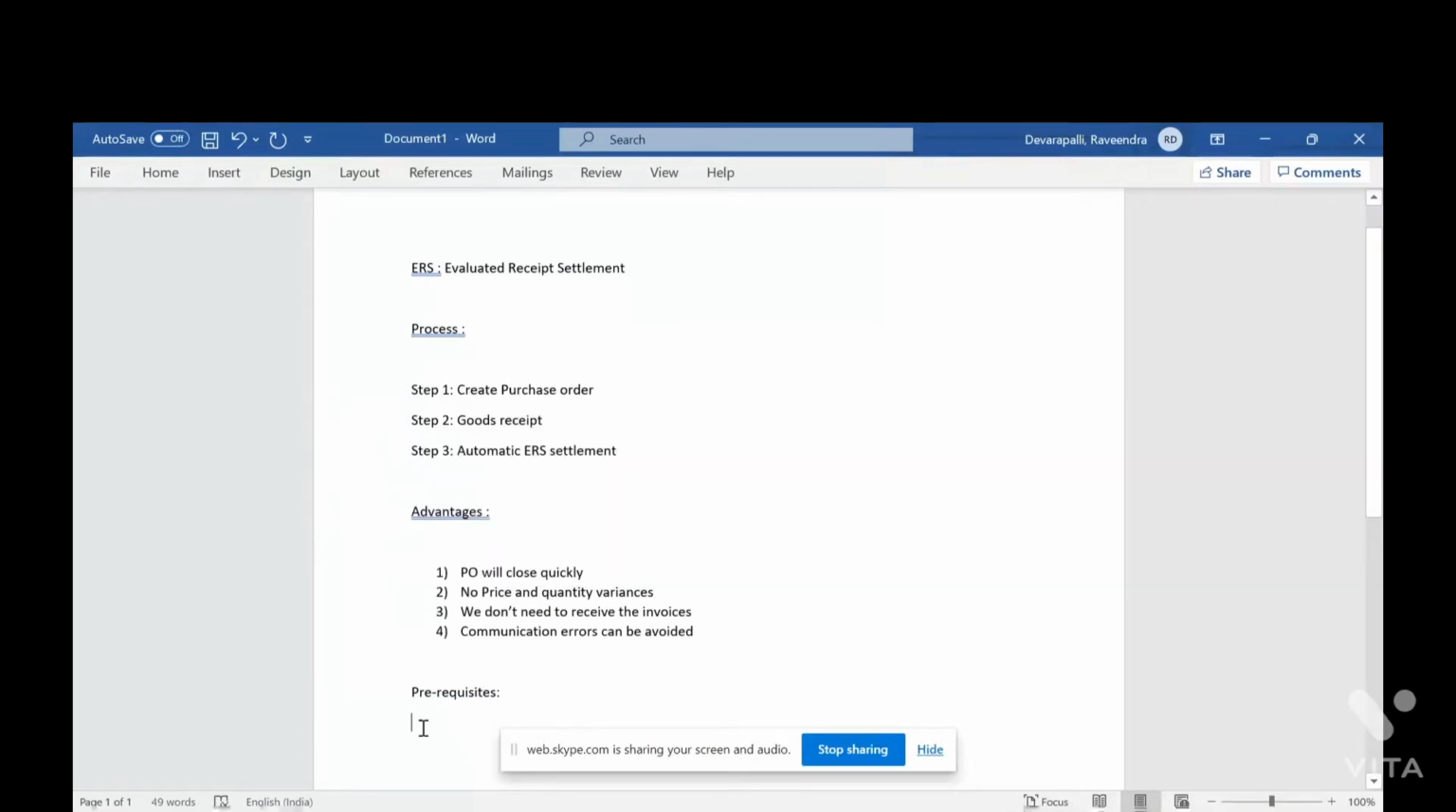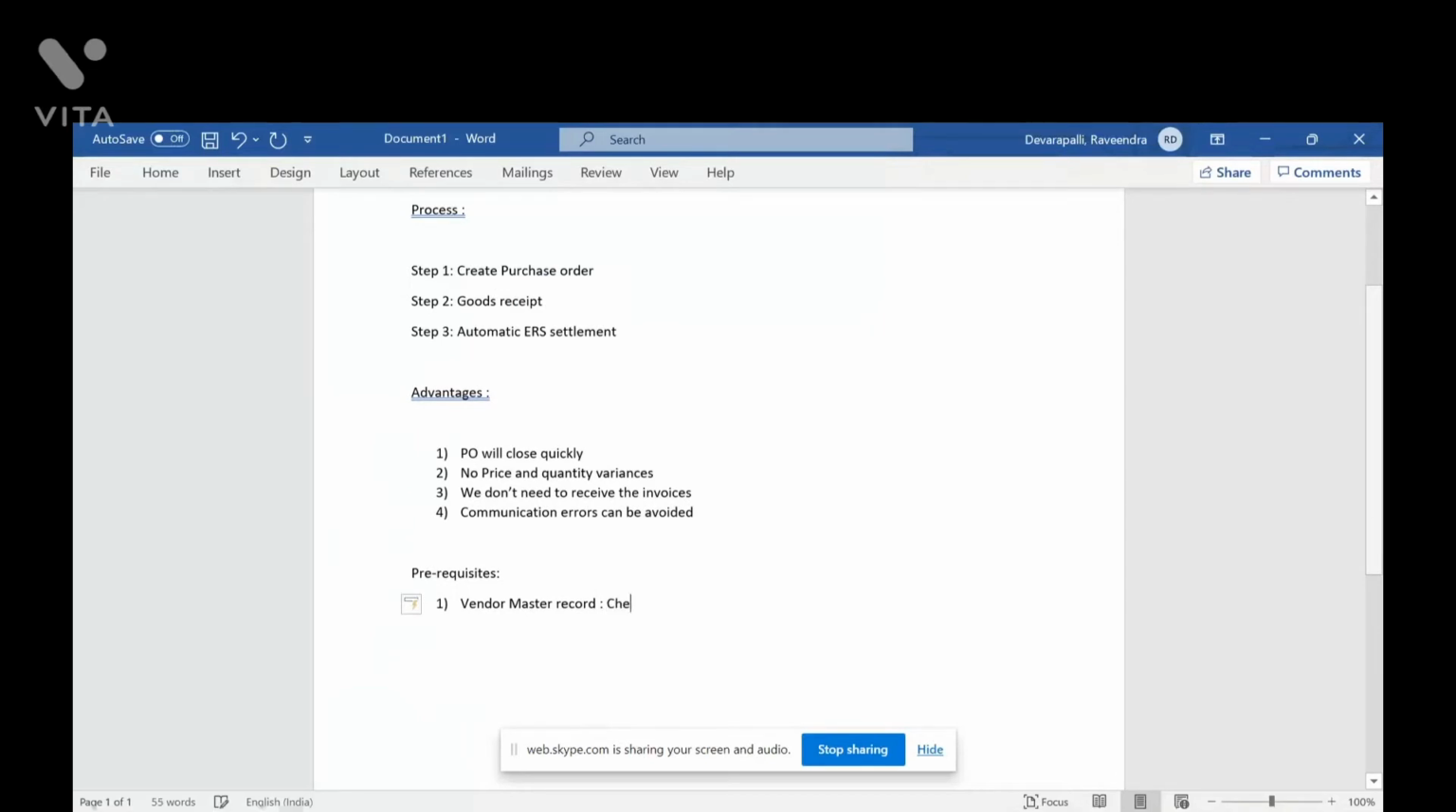Right, prerequisites. So one is in the vendor master record. You need to select that evaluated receipt settlement. You have to activate that. There is a checkbox there. Check the ERS box. This is in the vendor master record, and the second one is the GRIR indicator. So the GRIR indicator and ERS indicator